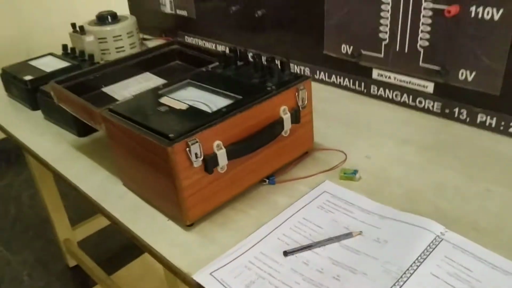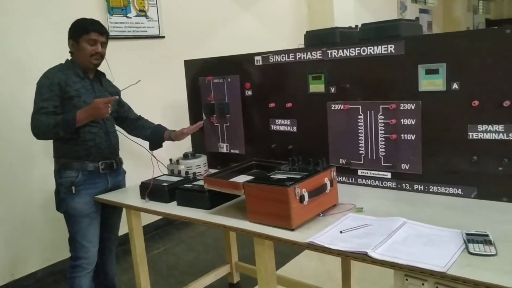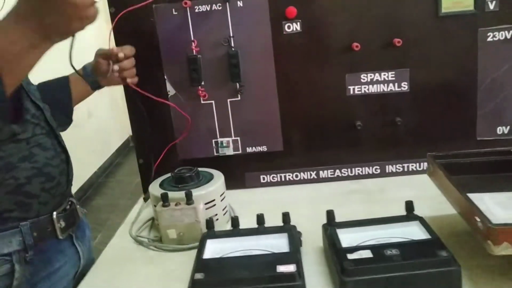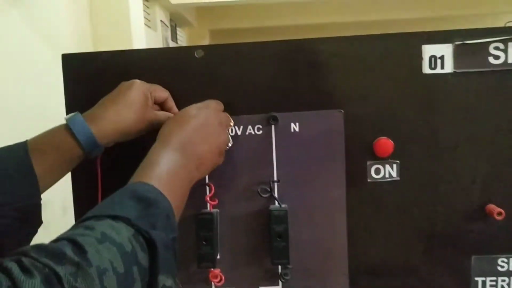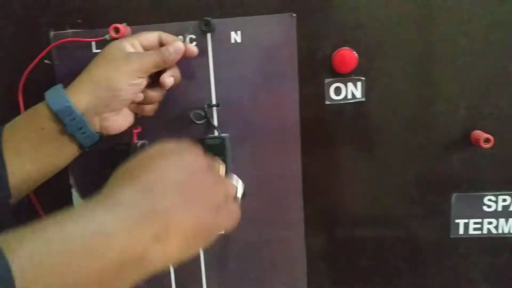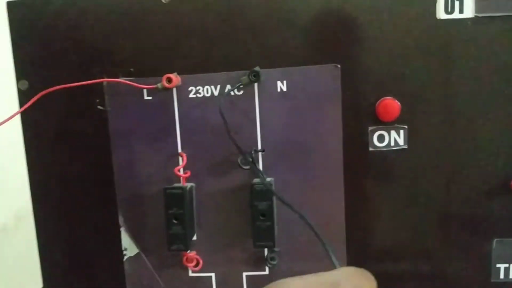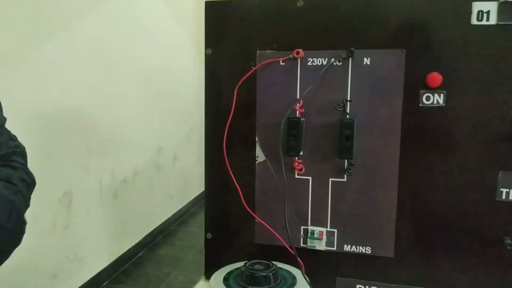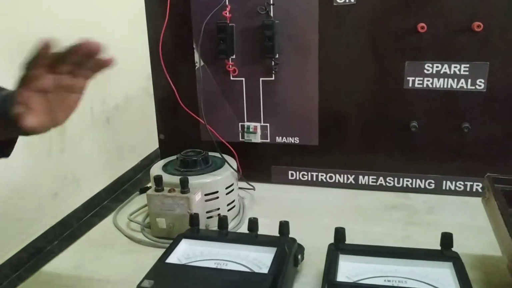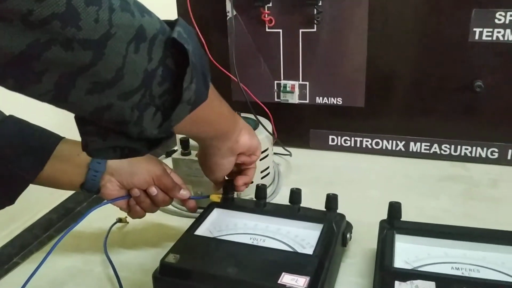While coming to the experiment, as I told, this is the auto transformer. It is having two terminals. First, I am giving one for line, and this one we have to give for neutral: line and neutral. Always across the auto transformer we have to connect the voltmeter. Since I am doing the OC test and applying full voltage, I have to connect the 300 volt terminal.